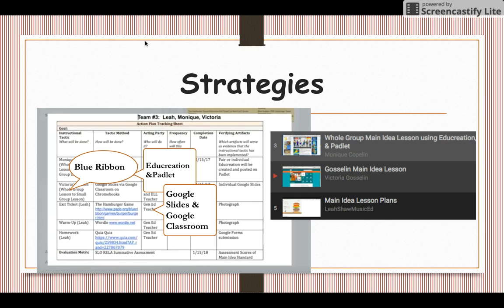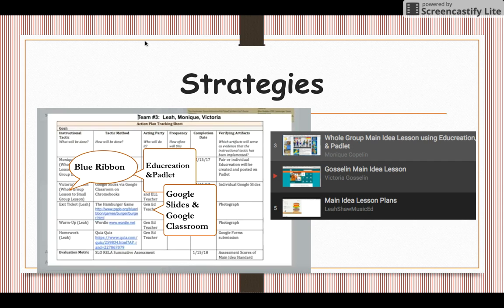Now we're moving on to data meeting number 4, where you have to do some research prior to the meeting to find out what lessons can be created: whole group exit assessments, small group lessons, and some supporting technology applications. Here are some of the ones we found, all being free applications. We found EduCreations and Padlet.